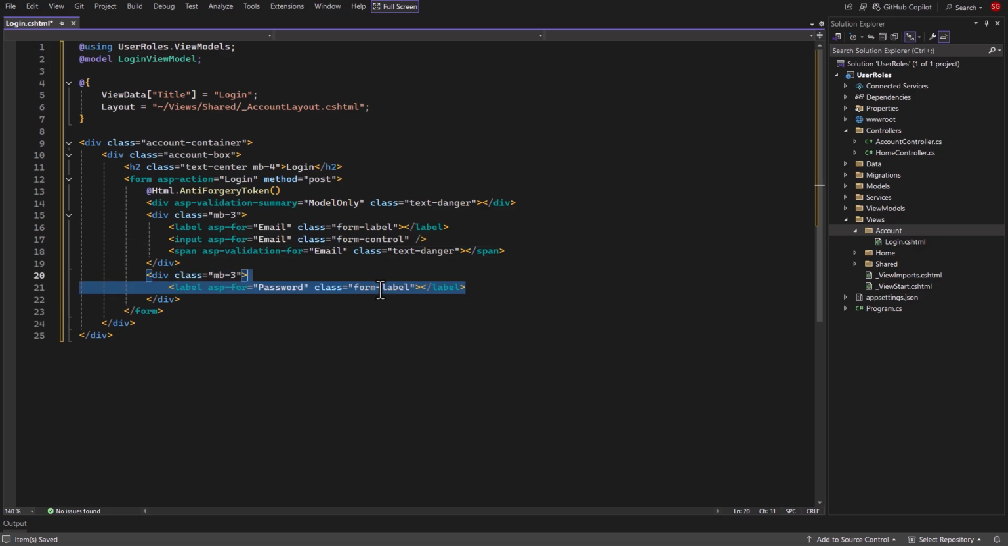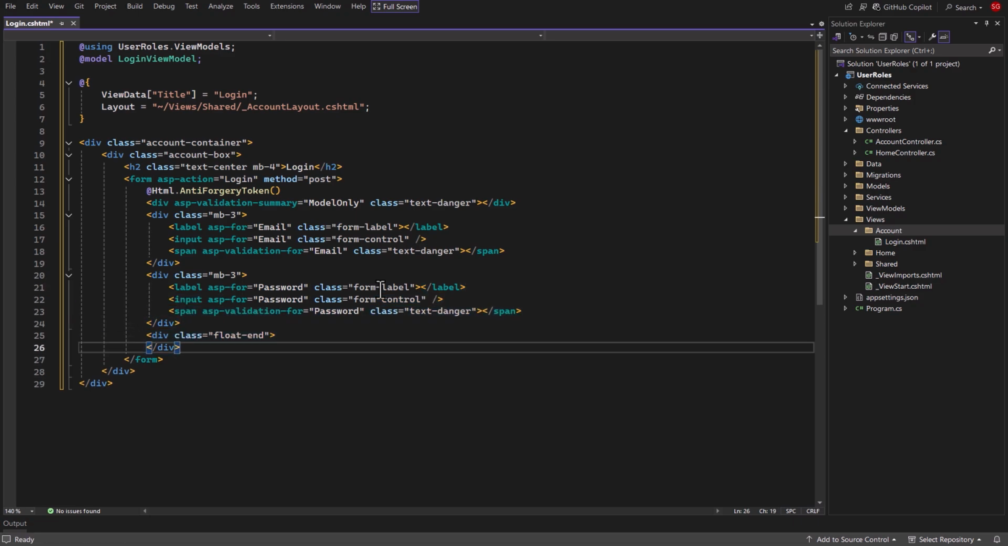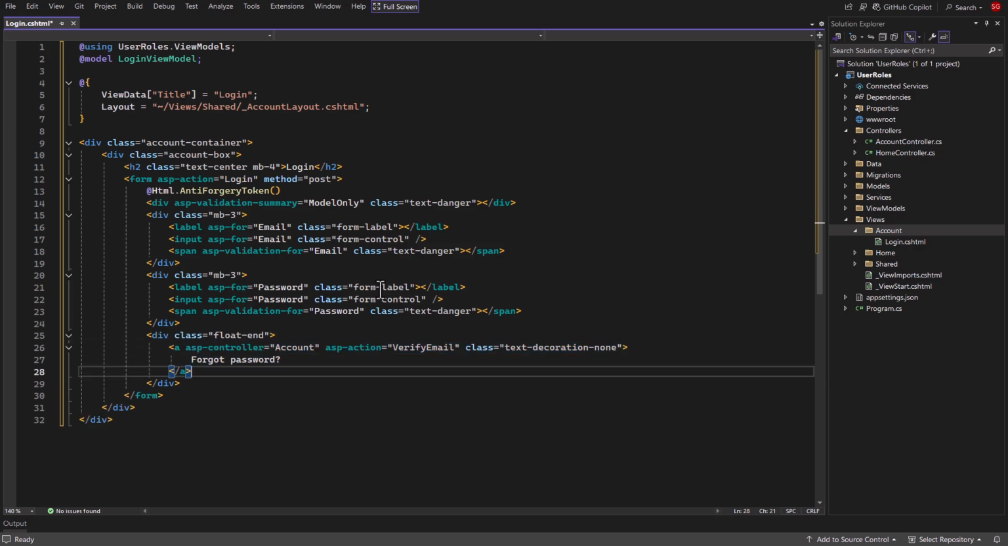Then create another div tag and create a label for password. Then create an input for password. And then create validation for password. Then add a div tag and pass it float and class. Inside it, create an anchor tag and set the controller to account and the action to VerifyEmail, and give it the title of